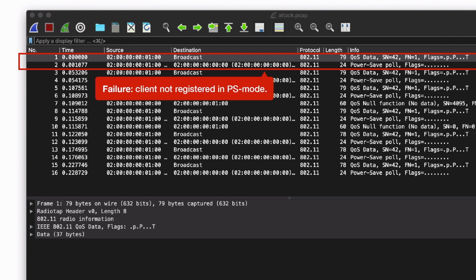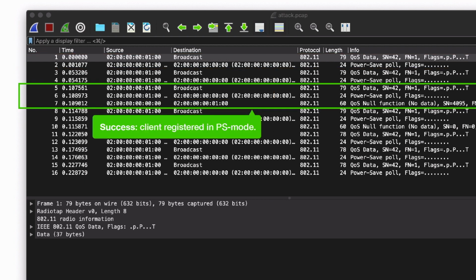So this is a Wireshark dump of what you would see in the air if we perform this attack. In these first two messages, we see how the adversary is trying to adjust the frame and get the client to enter power management mode. But it sends the power save poll to the access point, to which no reply is received, which means the adversary made the wrong guess.